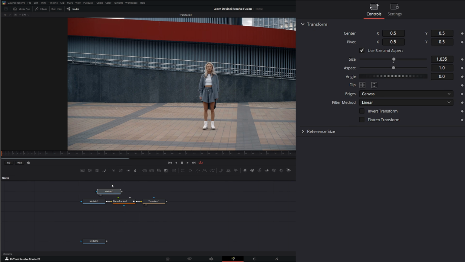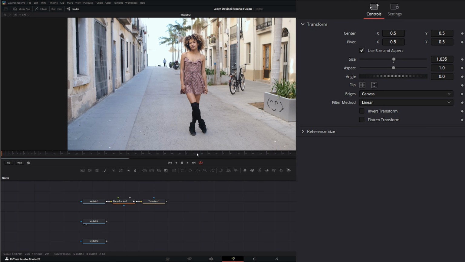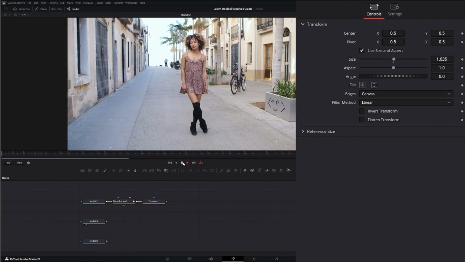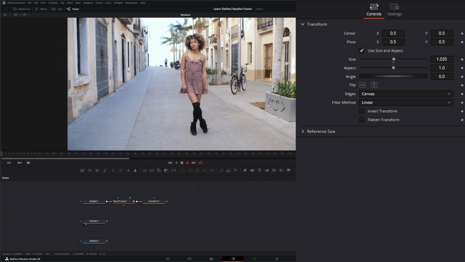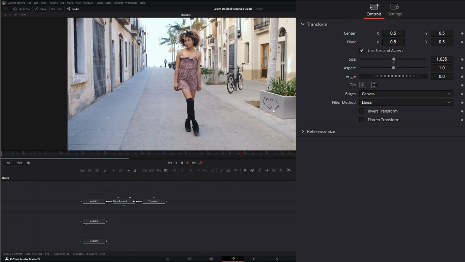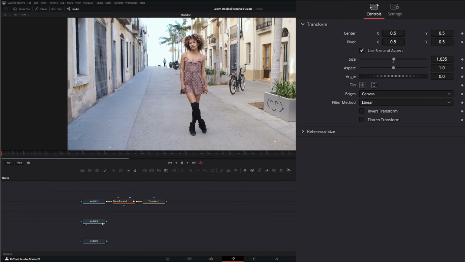Now we can also use the steady operation we have in there to help us fix stuff like this if we wanted to get rid of this little graffiti that's on the side of this pot. So if we check our footage out, you can see it's moving a little bit. So we need to go ahead and track this area and steady it so we can paint it out. So if I back it up,